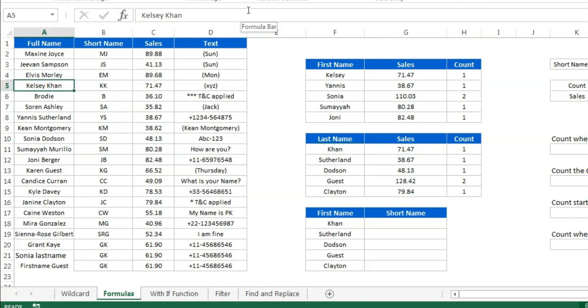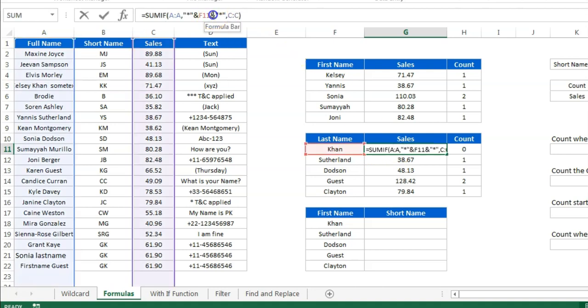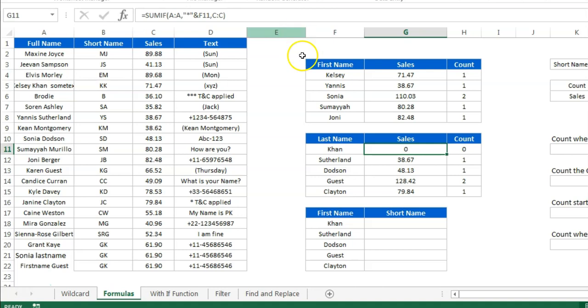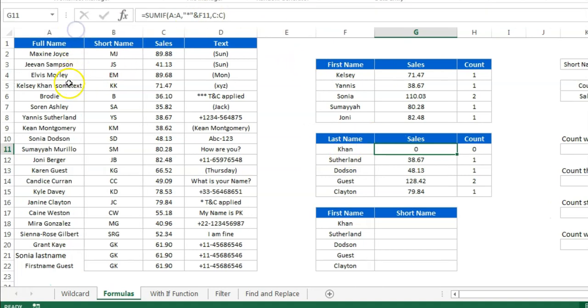It is taking from here, and even if I put some text here, it will return the value. If I remove this from here, then it will return 0, because it is not ending with Khan. Now it is ending with this some text. You can see here. That is why we have to use the asterisk sign on both sides like this.